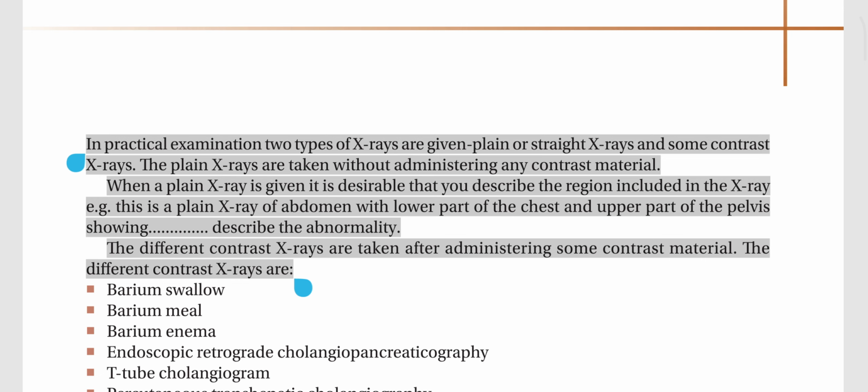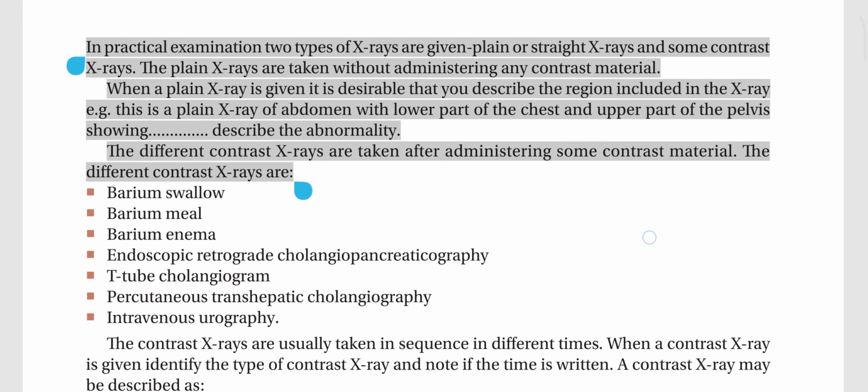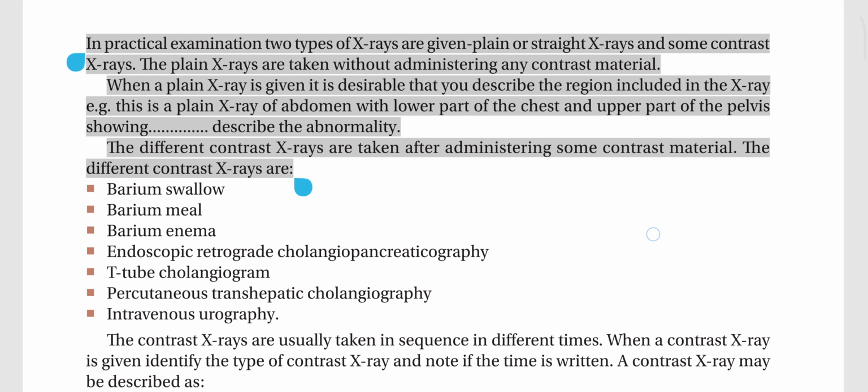In practical examination, two types of X-rays are given: plain or straight X-rays and some contrast X-rays. The plain X-rays are taken without administering any contrast material. When a plain X-ray is given, it is desirable that you describe the region included in the X-ray. E.g., this is a plain X-ray of abdomen with lower part of the chest and upper part of the pelvis